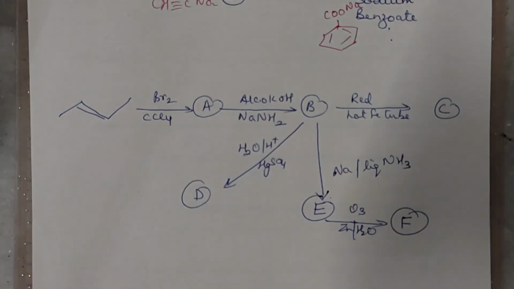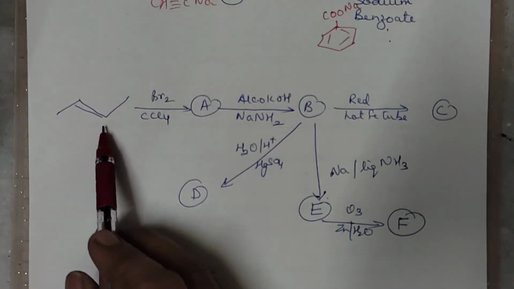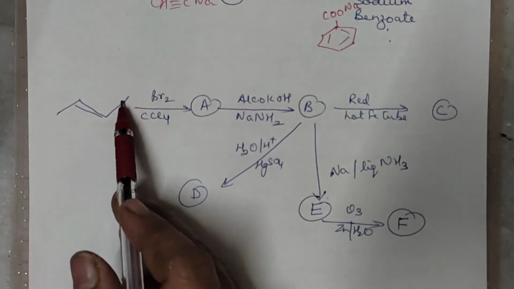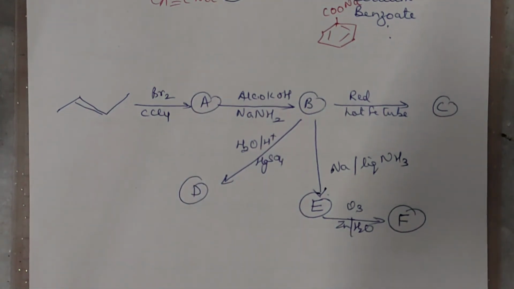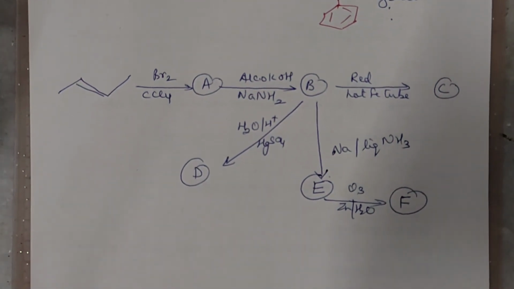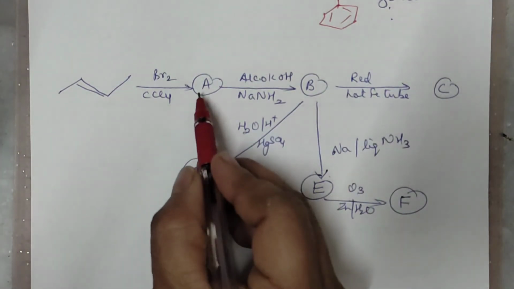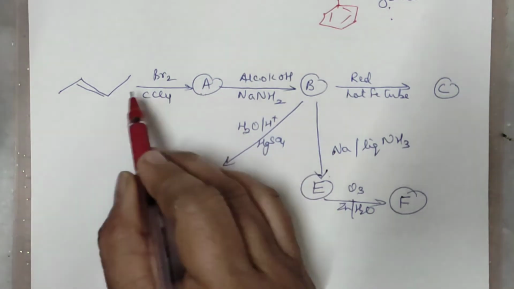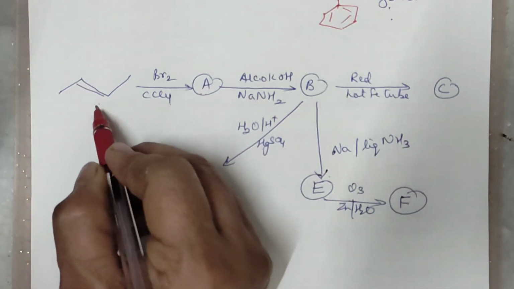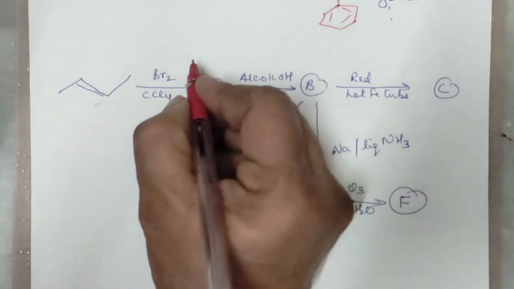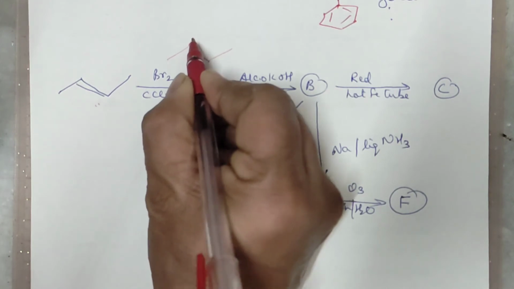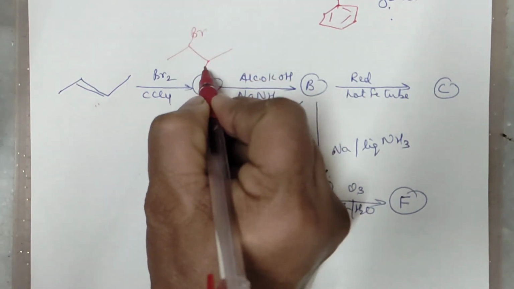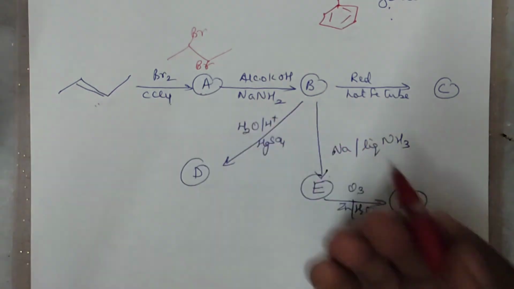Say you have this, butene. You are carrying out the reaction with, this is the starting point. Wherever some reactant is given or the product is given, one of it will be given, molecular formula will be given to proceed. So when you are carrying out the reaction with bromine and carbon tetrachloride, of course Br will be added. So what you will get? You will get like this, and you will have one Br attached here, one Br attached here. So you will get two bromines attached. That means